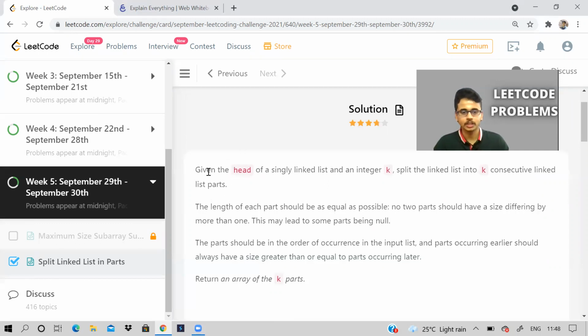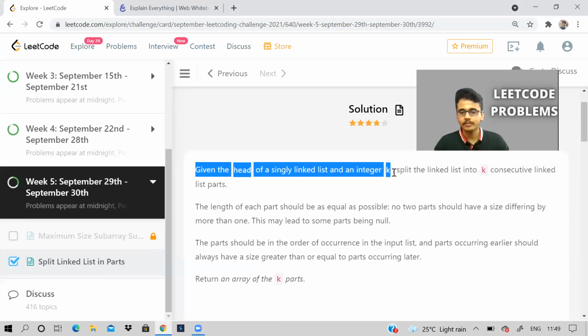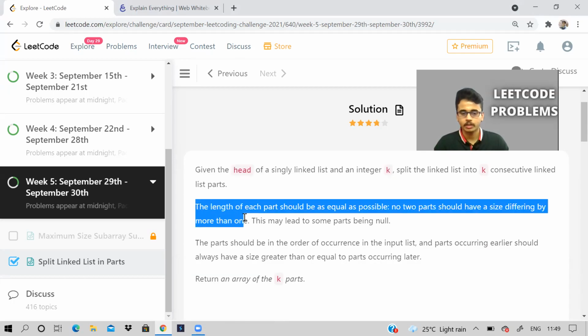All right. Okay, so given the head of a singly linked list and an integer k, split this linked list into k consecutive linked list parts. The length of each part should be as equal as possible. No two parts should have a size differing by more than one. Okay, so this statement is very important.